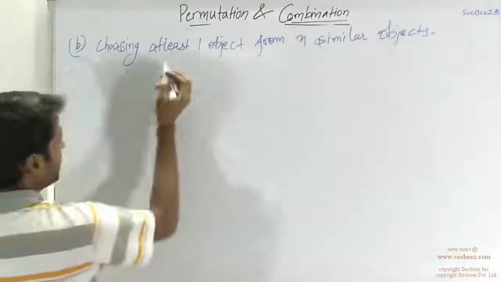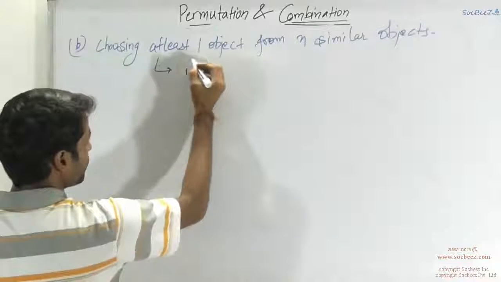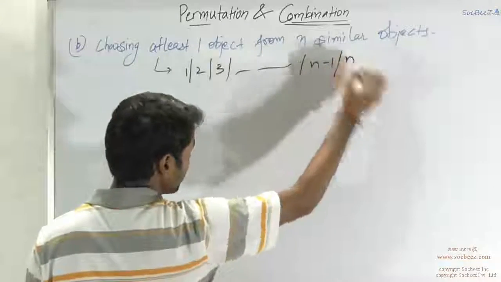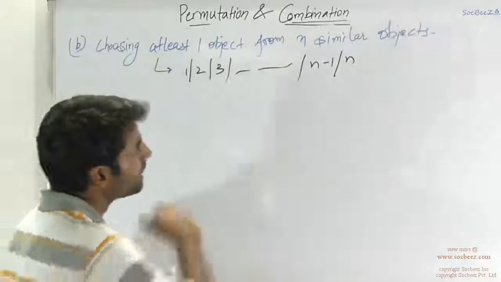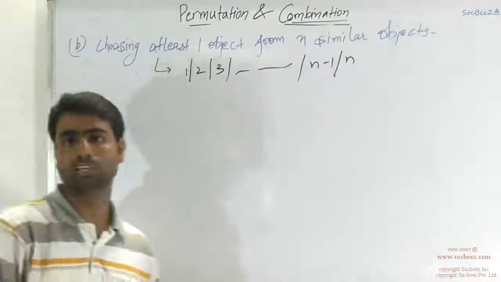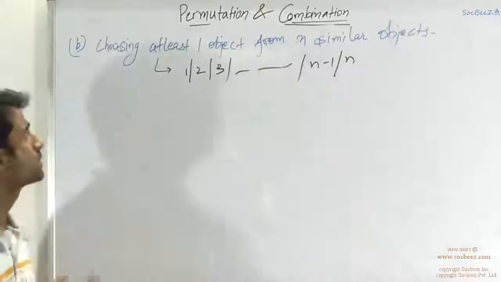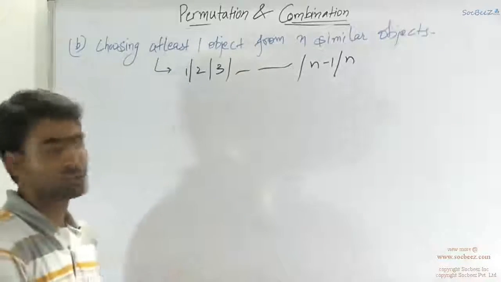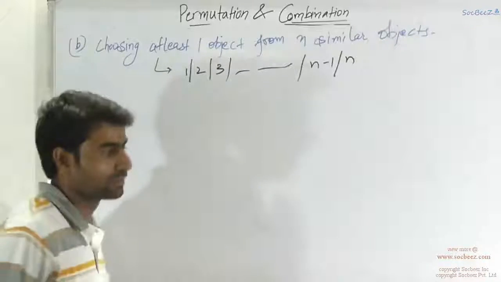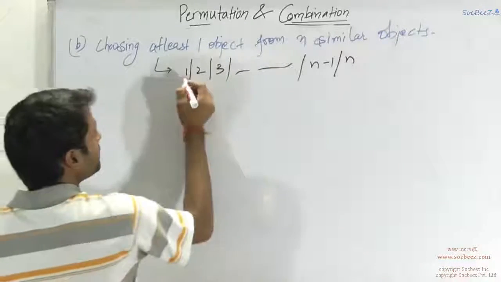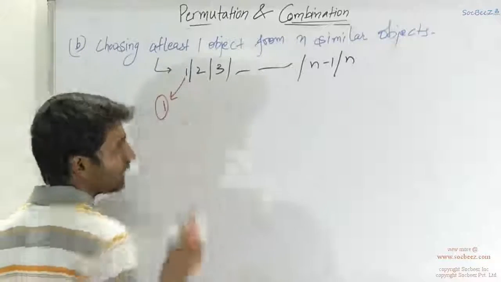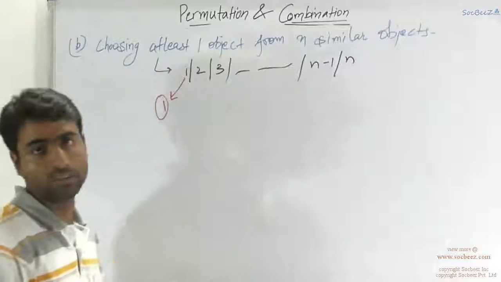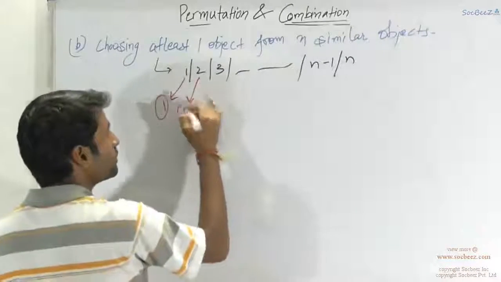So similarly as we said, we would make cases. Either you select 1, either you select 2, either you select 3, continue to either you select n minus 1 or you select n. As they are all the same, you can't differentiate in the cases which balls you are selecting. So there would be only one case corresponding to selecting one object. You choose any of them, they are all the same. It won't make a difference if you choose the first one, the third one, or the fifth one. You can't differentiate. So there is only one way to select one object. If you have to choose two objects, still it doesn't make a difference which you are selecting because all of them are the same. So there is only one way to select two objects as well.